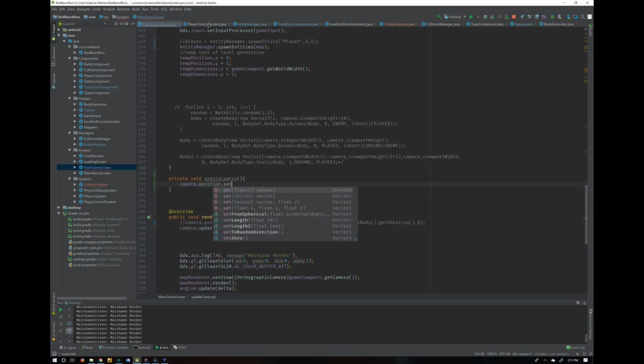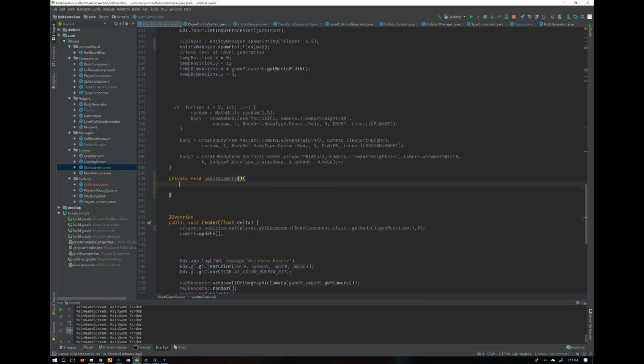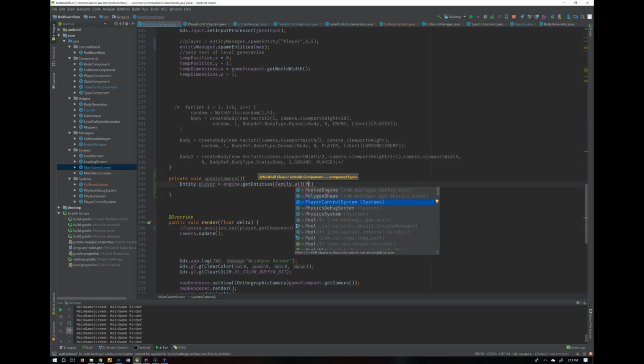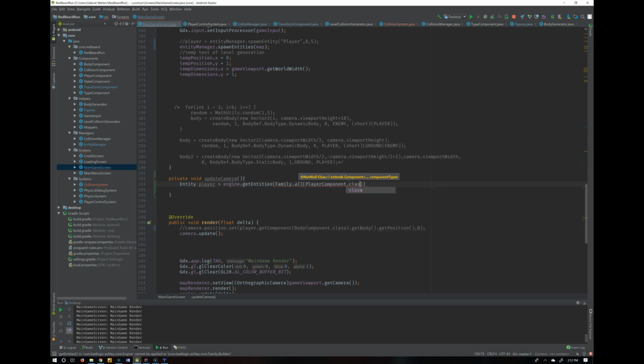position dot set. All right, actually, before I do that, I'm going to get the entity. So I'm going to get that player entity. So I'm just going to call entity player is equal to engine dot get entities. I'll do it here. Family dot all dot player component. Since we only have one, player component dot class dot get